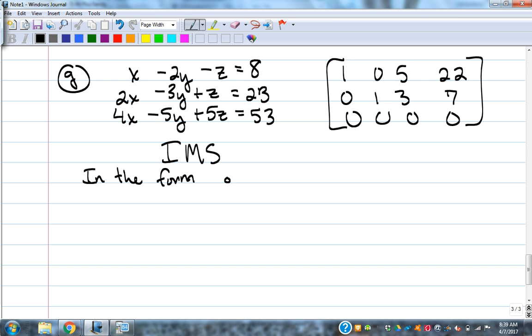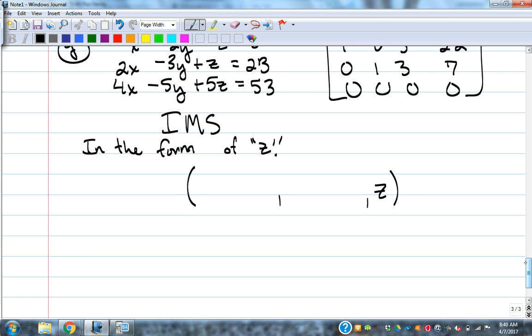Let's do in the form of Z. You'd have Z, and then everybody else only has Z's in the variables. You've got two equations to deal with. So you've got X plus 5Z equals 22. That one's easy to get X by itself, right? You just subtract 5Z. So X equals -5Z